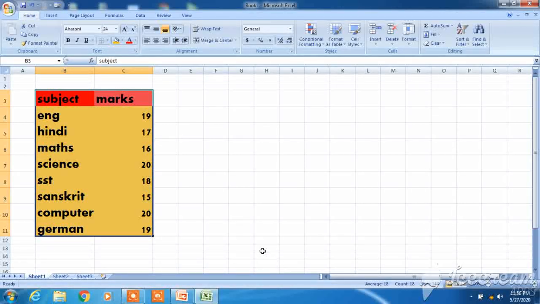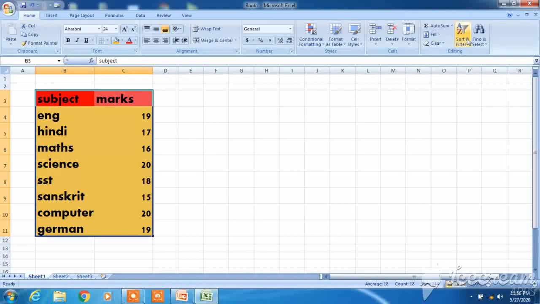Now we will learn sorting based on multiple columns. See, I have selected two columns at the same time, one is subject and one is marks. But remember, while sorting it's not that the maths marks will get displayed on English and Hindi marks will come to 18. No. Let's see how it is done.